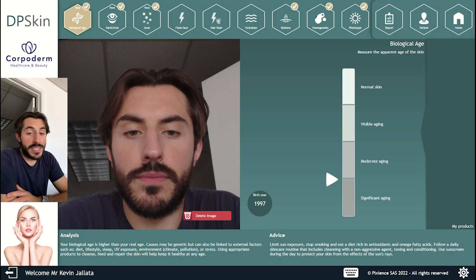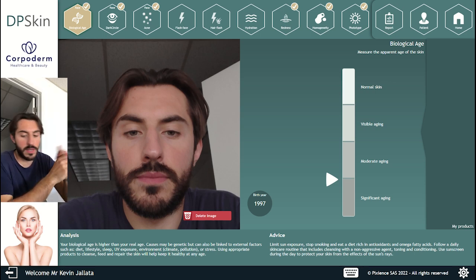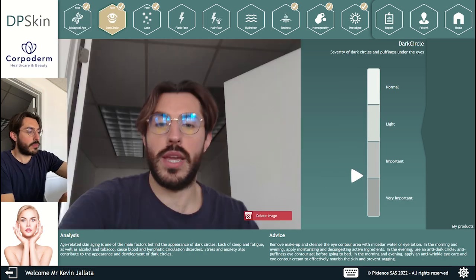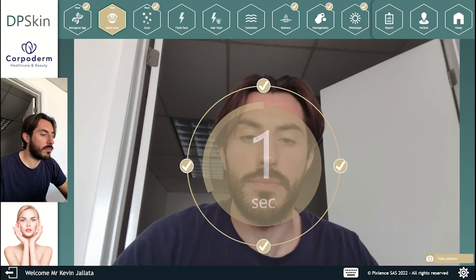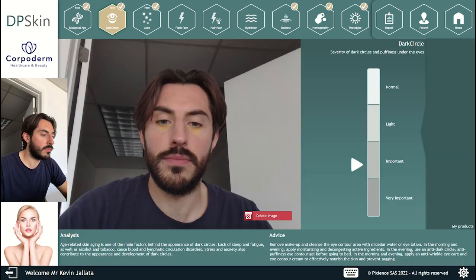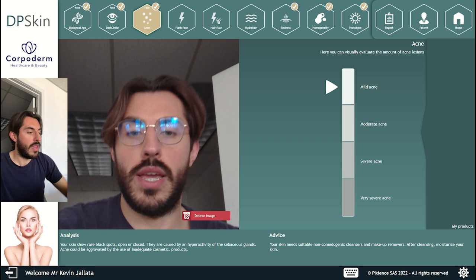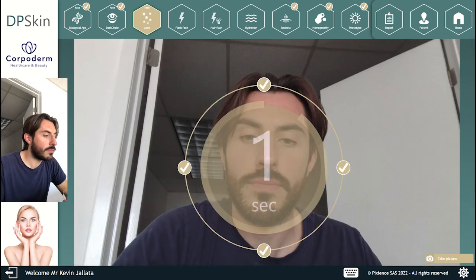So based on that, it's telling me that my skin is moderate aging, significant aging. Basically, based on my birth year, it's going to tell me if my skin looks older than my biological age or if it's a pretty normal skin. Pity for me, it's something to work on. Dark circles, obviously didn't take the right picture. So same, saying important. And then the last one